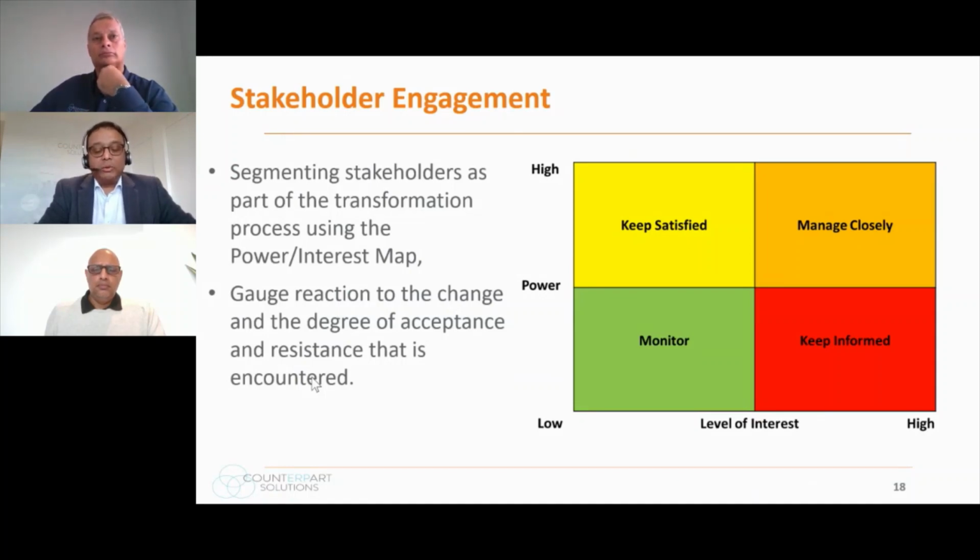The process will include segmenting the stakeholders as part of the transformation process. So we need to probably group the stakeholders impacted by the transformation and understand their degree of acceptance and resistance that we could encounter as part of the transformation. And then we need to take this as part of the journey to start engaging with the stakeholders, and through the stakeholders, the staff and the various groups within the organization. So each quadrant tier may have different attitudes towards the transformation program, ranging on a broad, continuous scale from high acceptance of the transformation to strongly resistant.